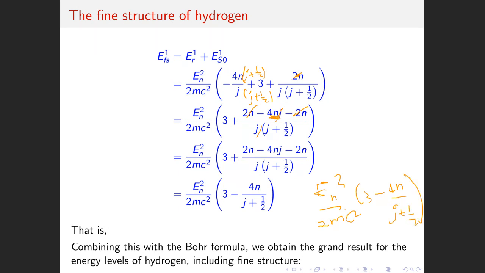This is the final result for the fine structure contribution to the energy levels, and this is alpha squared, right? So you get something like E_n plus alpha squared E_n of 3 minus 4n over j plus a half,